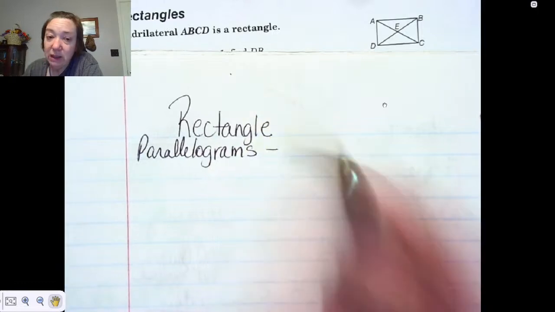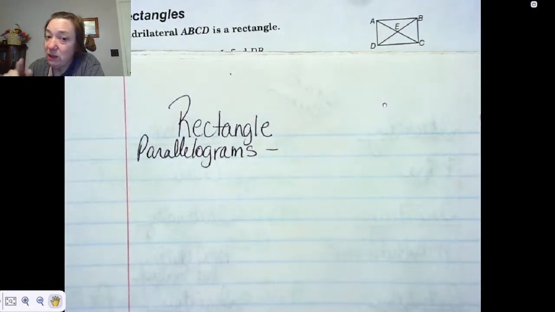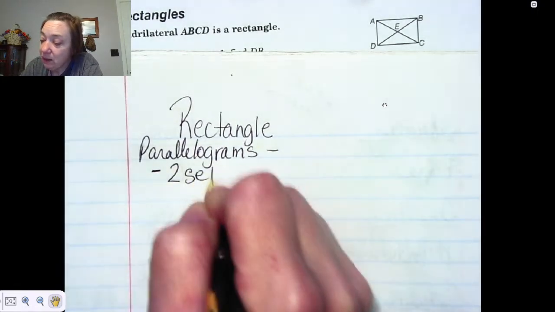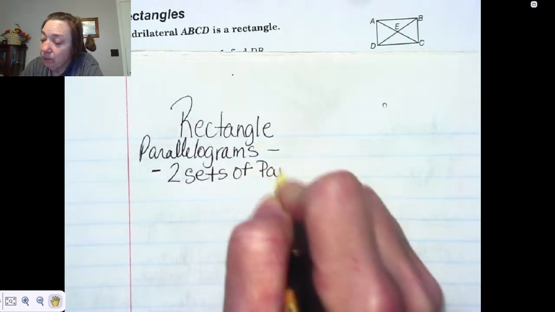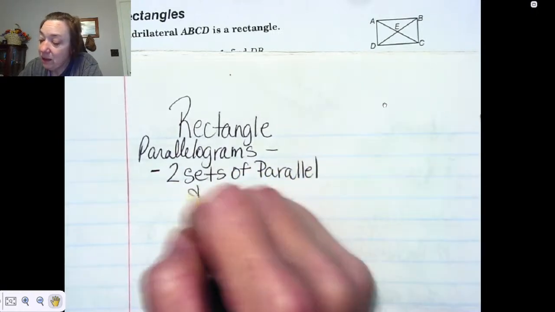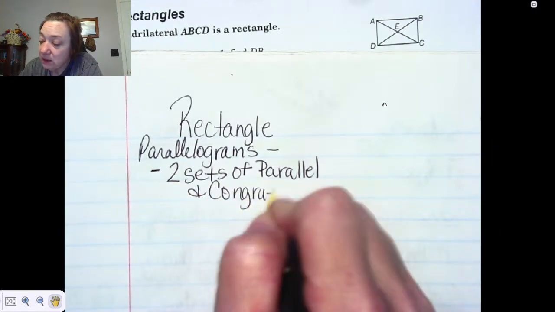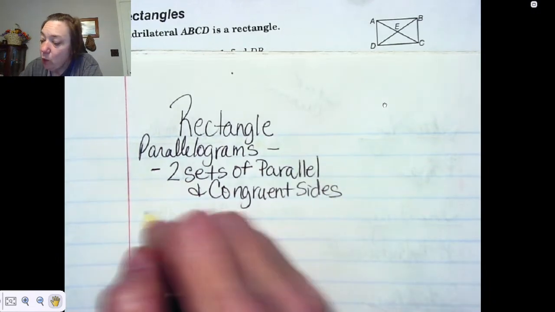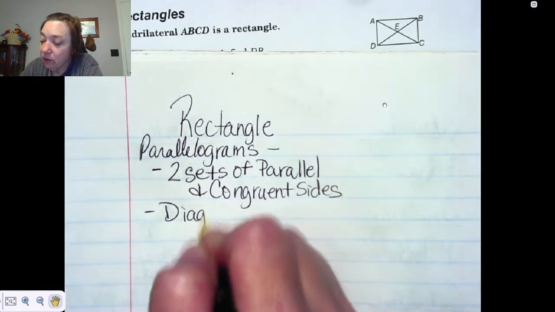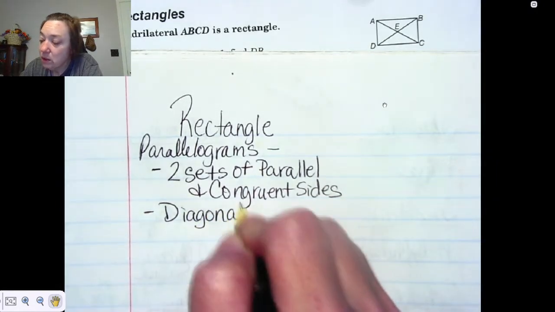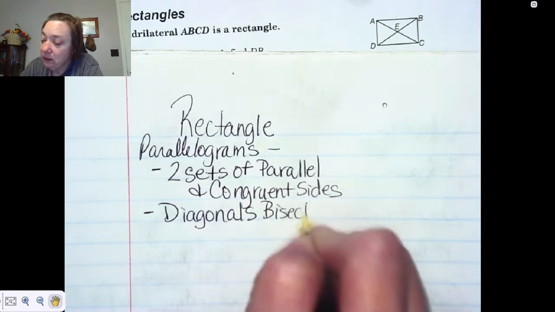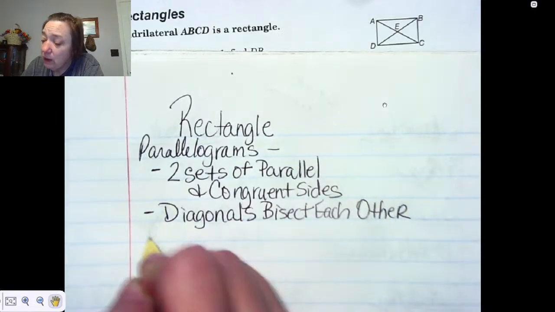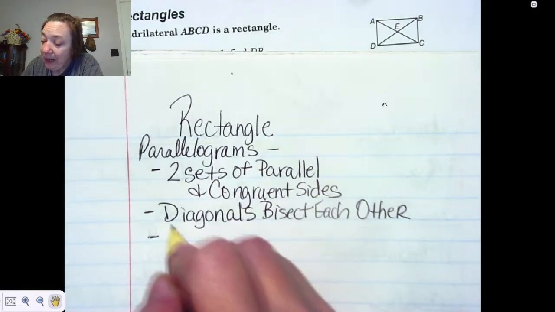So it has to meet the criteria of being a parallelogram, which means here's things that we know about it. We know that it has two sets of parallel and congruent sides. We know that because we've been studying parallelograms, so we know what that means. We know that the diagonals bisect each other. Diagonals bisect each other. We know that the diagonal angles